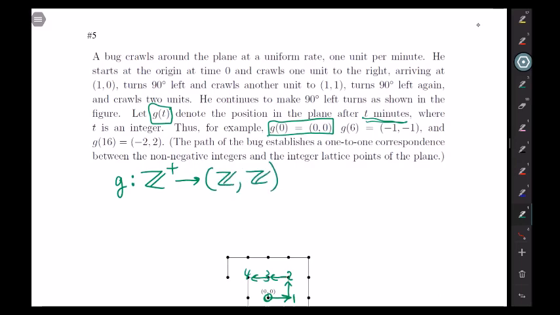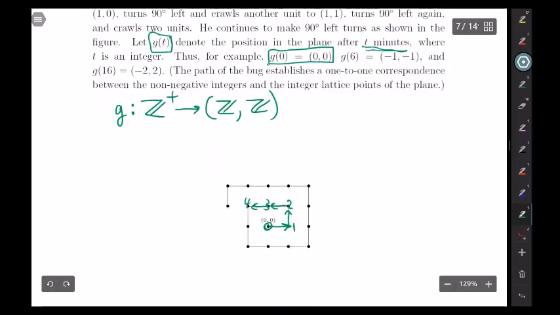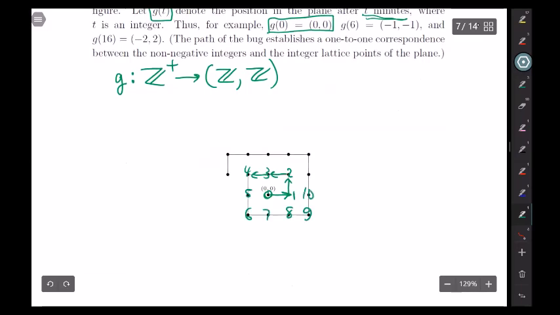We are trying to cover the whole plane by just crawling the bug across the lattice points of the plane, but we want to make sure we cover everything. So here is the picture. At time 5, I'm here, 6, 7. So we do a spiral basically. You guys agree? 11, 12, 13, 14, 15, 16, and so on, 17, 18, 19, 20, 21, 22, 23, 24,